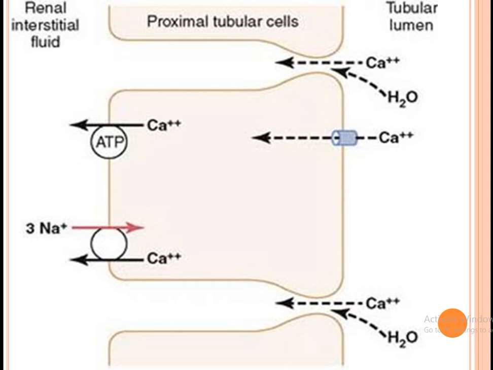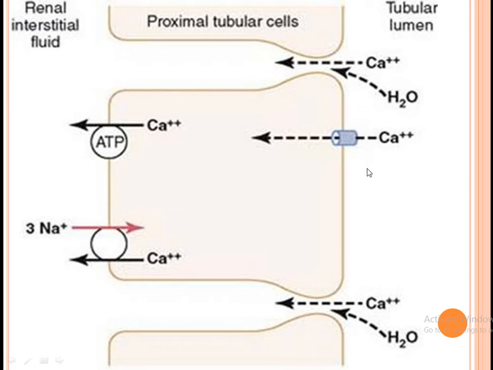In this picture you can see that on the luminal side, most of the calcium reabsorption in the proximal tubule occurs through the paracellular pathway, dissolved in water and carried with the reabsorbed fluid as it flows between the cells. Only about 20% of the calcium reabsorption occurs through the transcellular pathway. You can see both of these pathways through this one and also this one.